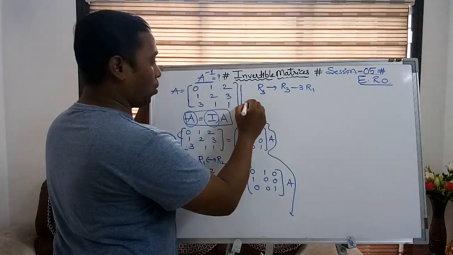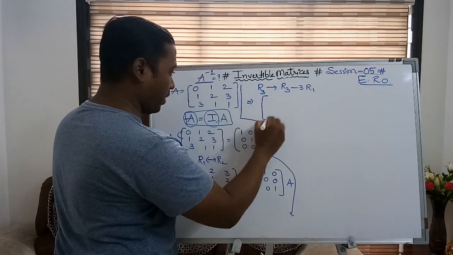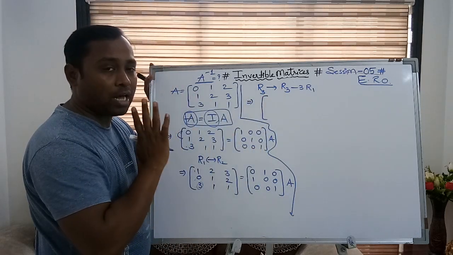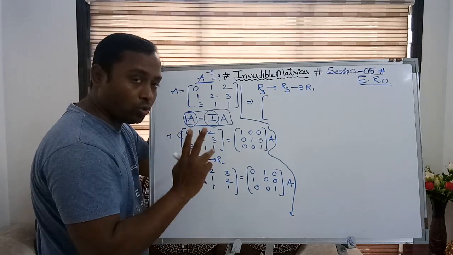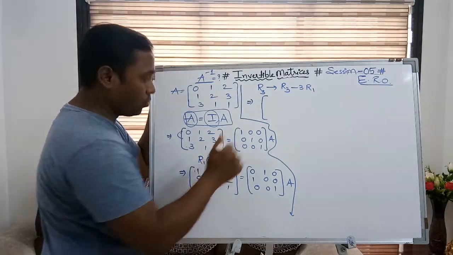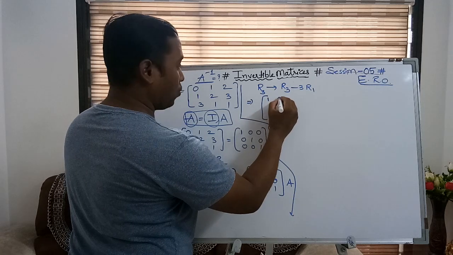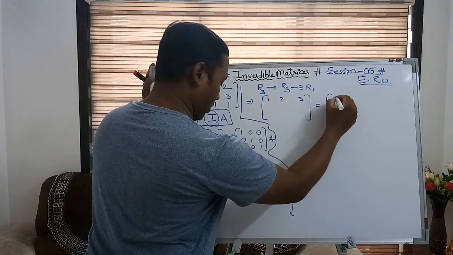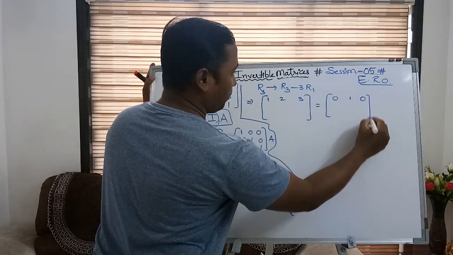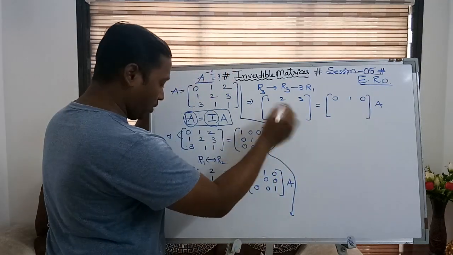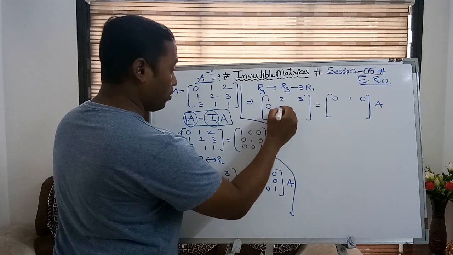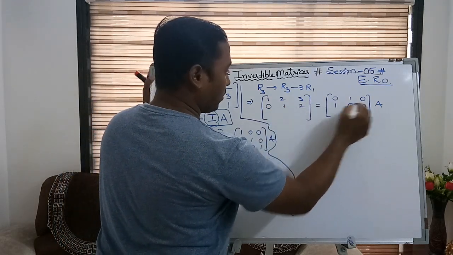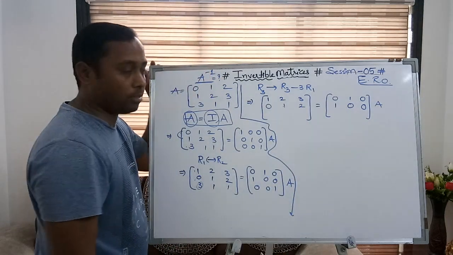If I do this process, so ultimately what am I going to get? If I am going to change R3, it means the rest of the 2 rows remain the same. So first I will write those rows which are unchanged. So I am writing R1, R2 as it is: 1 2 3, 0 1 0 8. R2 is not changing here, so that's why I am writing these elements as it is. These two rows are not changed.